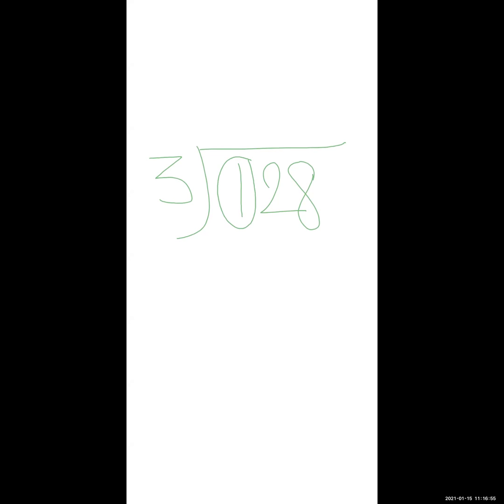1 is not in the table of 3, so no need to take the 0 directly. Go to the next number, that is 12. Now I'm going to highlight this number and circle the 12. Look here: 3 4s are 12. In the table of 3, 12 is there in the place of 4.